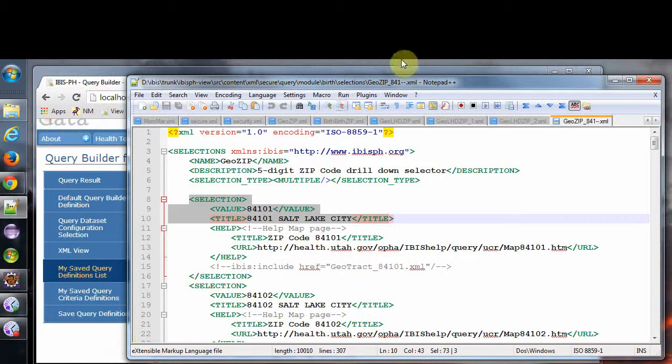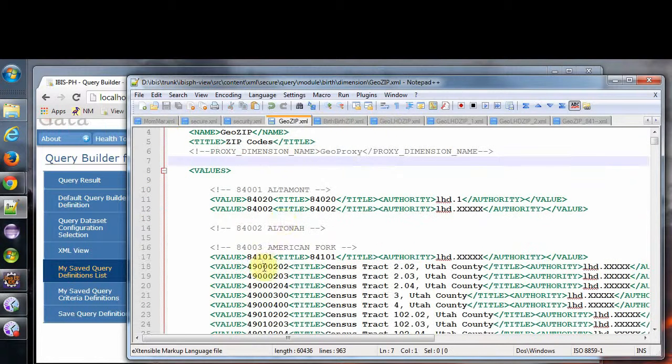What happens is when you submit the query and the result is being displayed, the title actually gets matched up with the GeoZip file dimension title right here. And so this is a lot of work, and it makes it so you can't protect your zip codes with a local